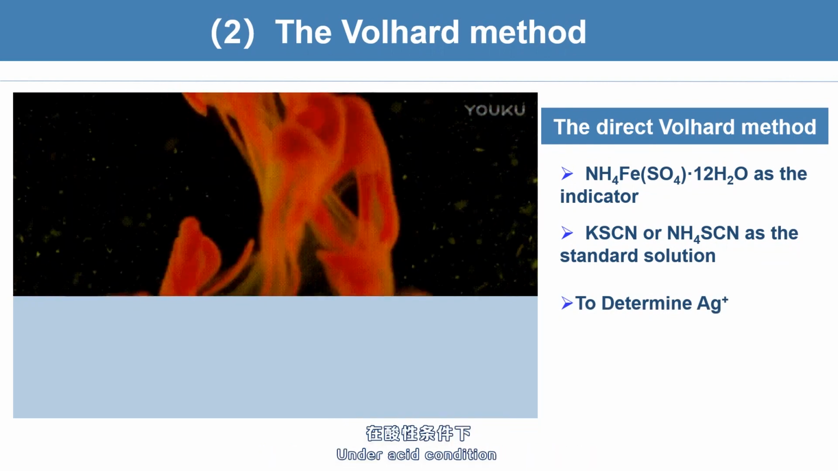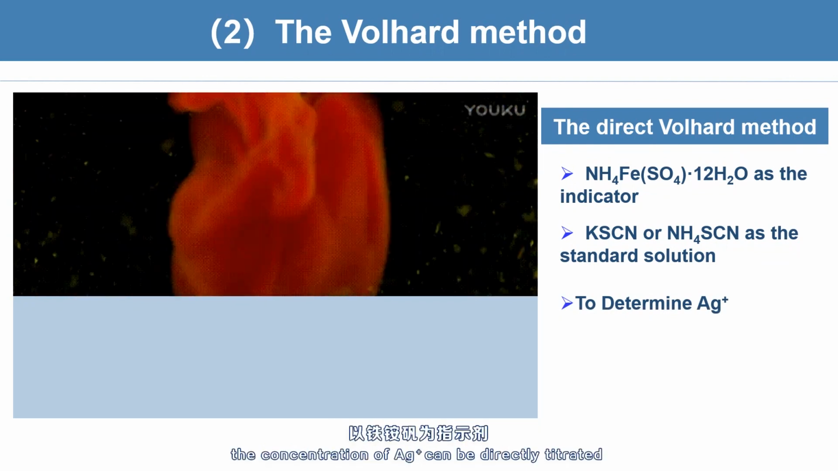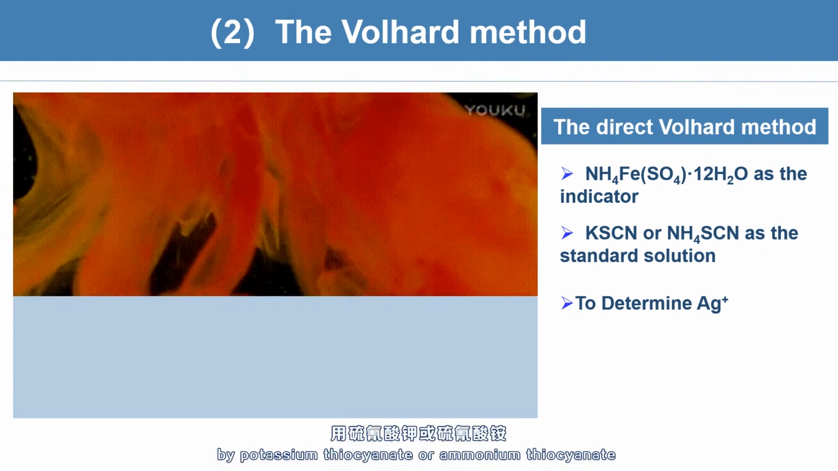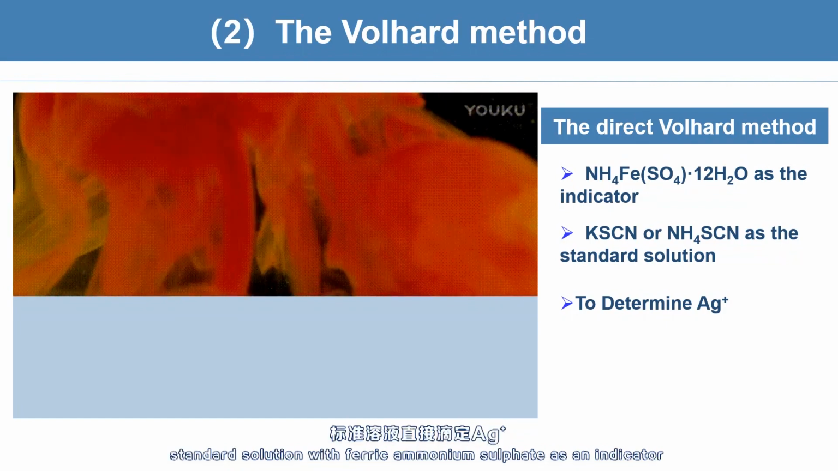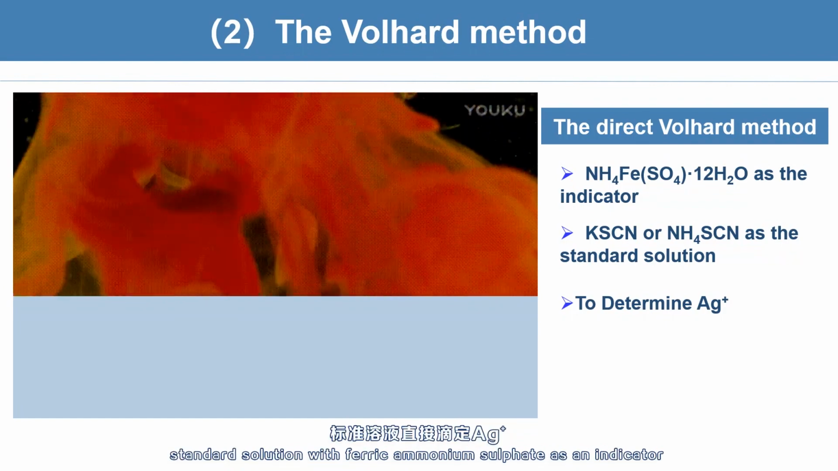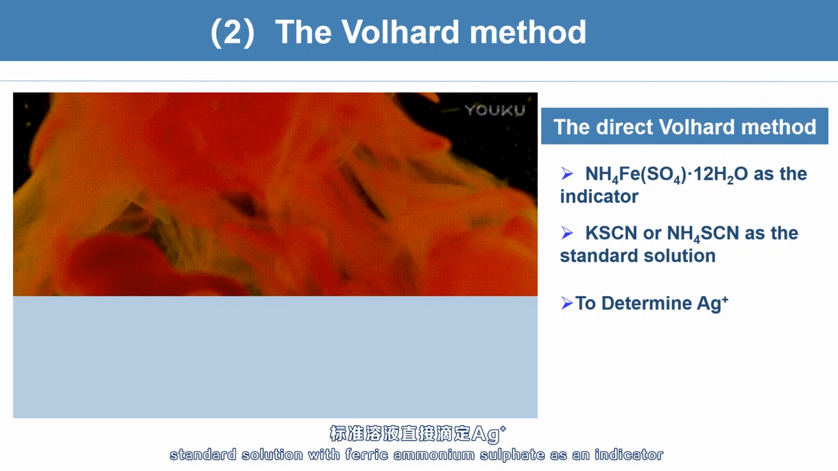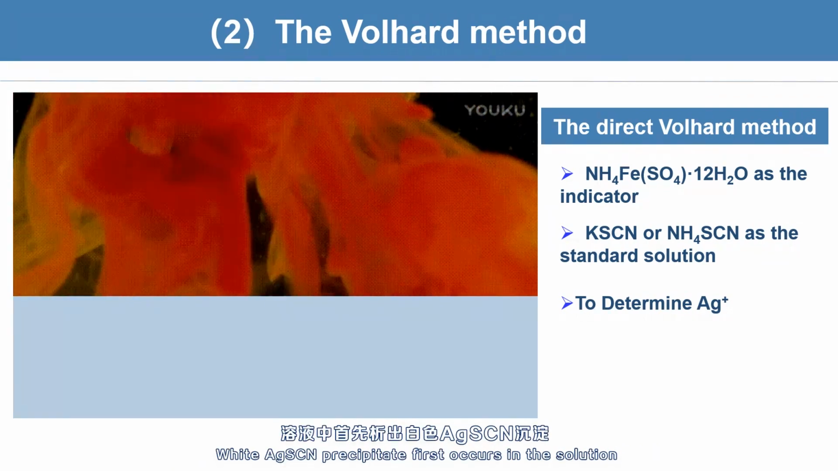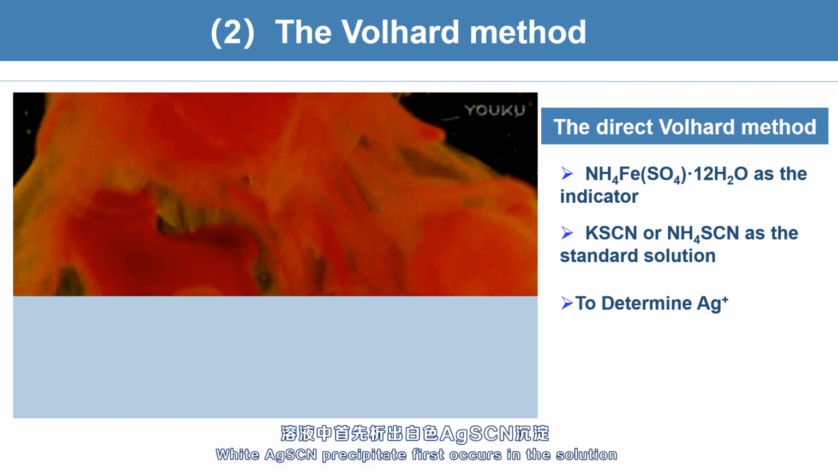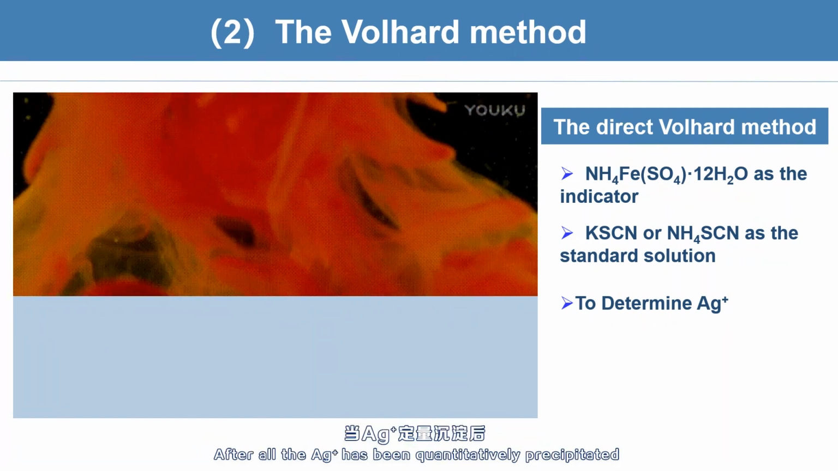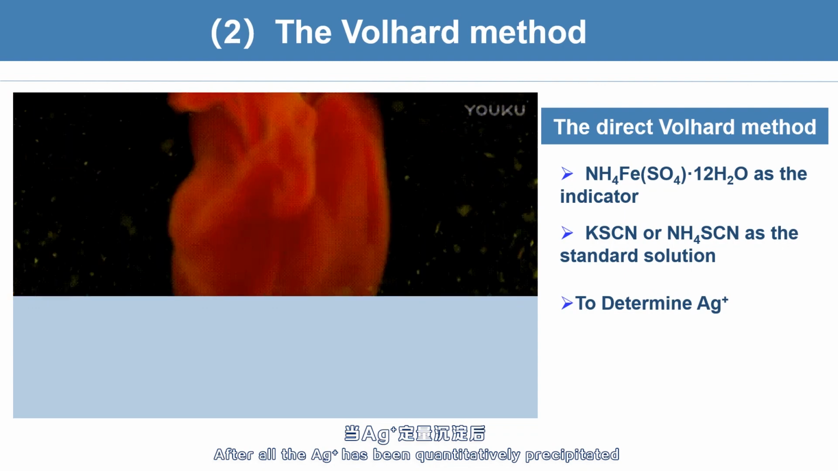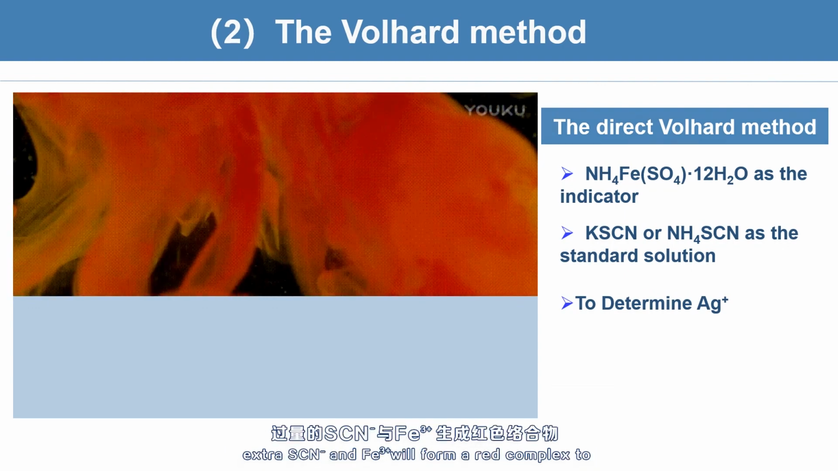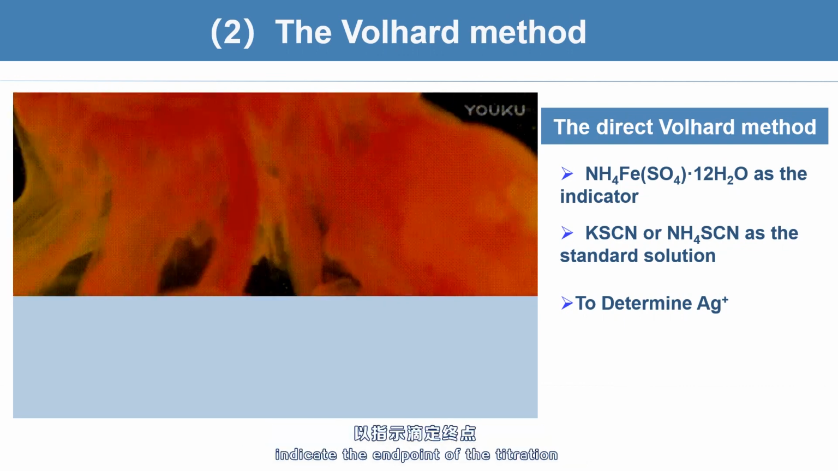Under acid condition, the concentration of silver can be directly titrated by potassium thiocyanate or ammonium thiocyanate standard solution with ferric ammonium sulfate as an indicator. White silver thiocyanate precipitate first occurs in the solution. After all the silver has been quantitatively precipitated, extra thiocyanate and ferric will form a red complex to indicate the